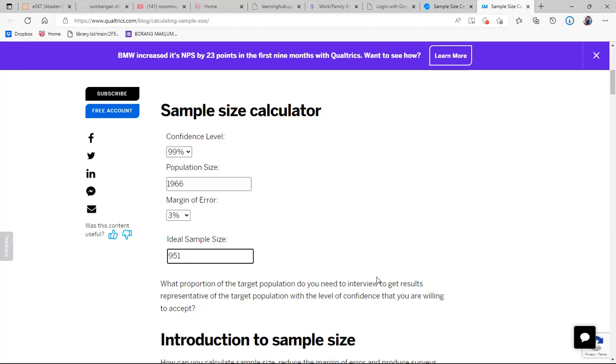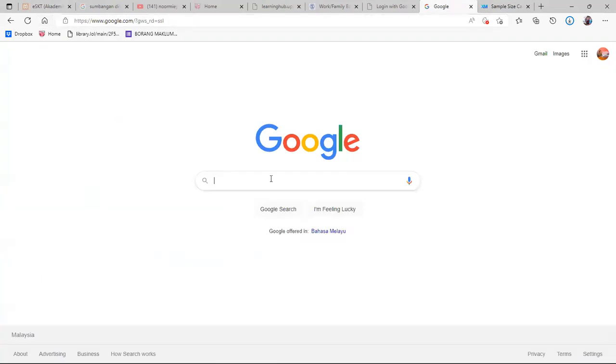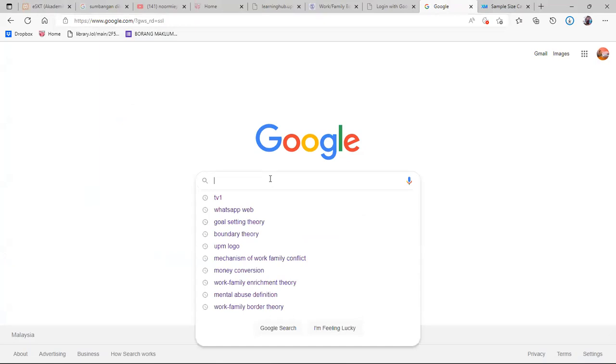The next one, the easiest one, is what I recommend most for master by coursework level. But for master by research and PhD, please go for more. For master by coursework, this is the one that I propose: G*Power, the easiest one.